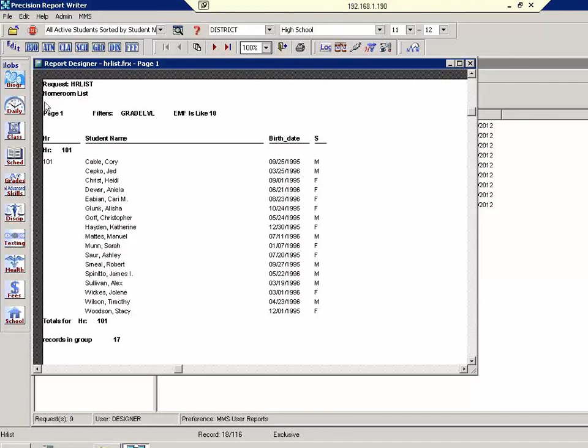Now on a very basic level, as we look at the preview of this report, what you've probably noticed is the left-hand side is right up against the edge of the paper. So what I'd like to show you is how you can modify that format, move everything over to the right,